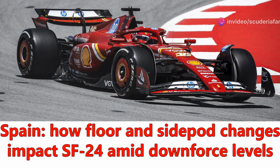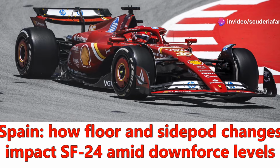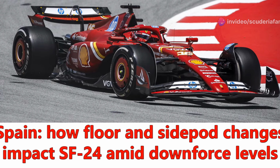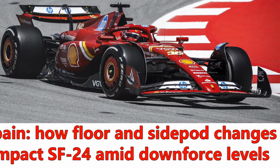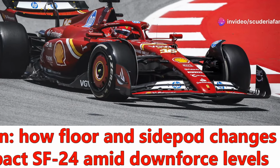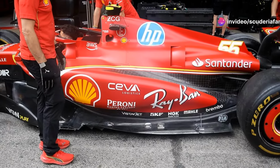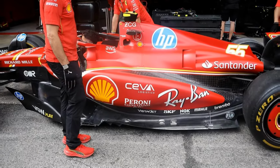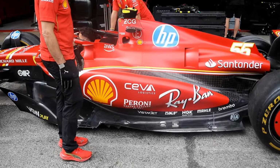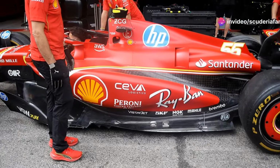Scuderia Ferrari is taking the initiative by introducing its second major aerodynamic update package this weekend at the 4.657-kilometer Circuit de Barcelona-Catalunya in the Spanish Grand Prix. These are crucial developments focusing on the most sensitive area of ground effect Formula One cars, namely the floor, now updated in terms of volumes, flow conveyors, diffuser, and outer edge. Complementing this, the SF-24 single-seater now features slimmer side pods and a new rear wing package, aiming for greater aerodynamic